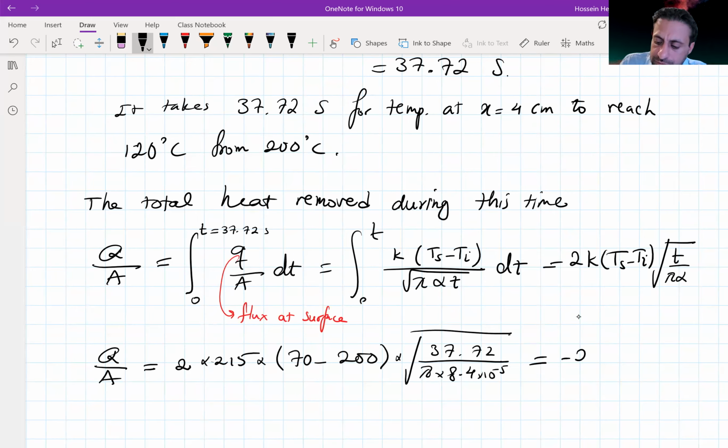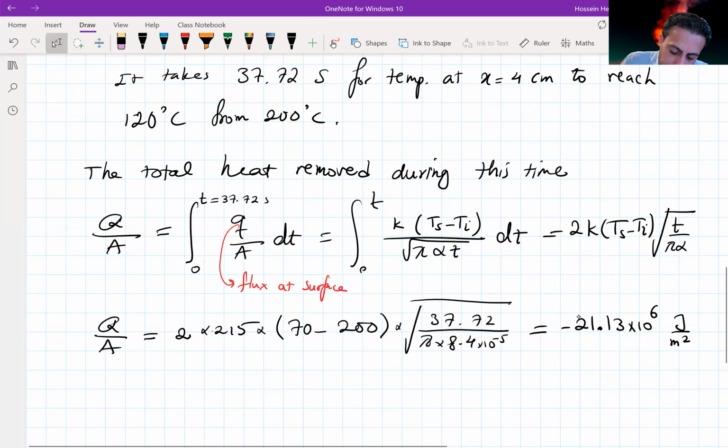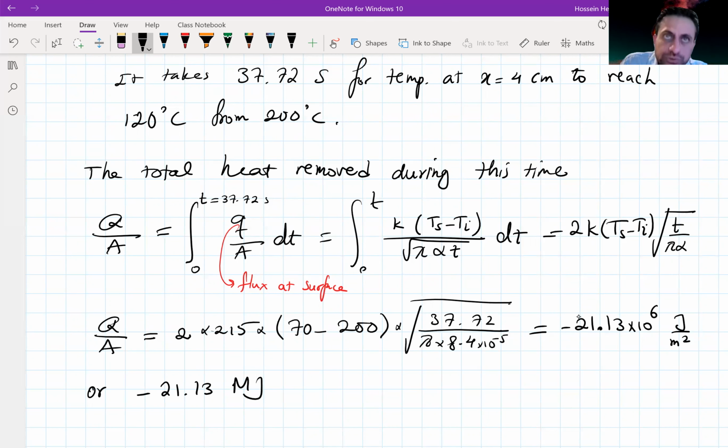And this is going to give you minus 21.13 times 10 to the power of 6 joules per meter squared, or minus 21.13 megajoules per meter squared removed from the large slab